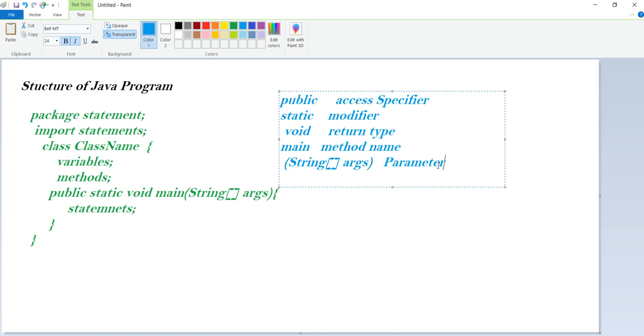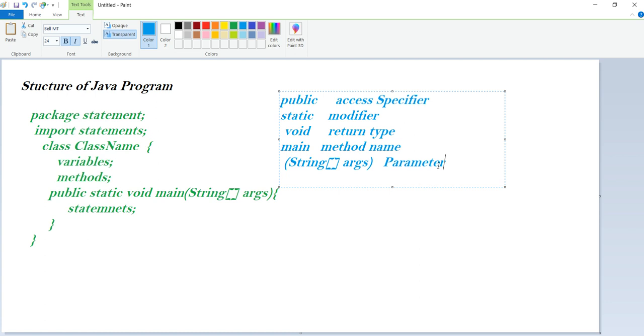The main method can contain any number of statements, and each must be terminated by a semicolon. As I already told, the end of each line should be closed by a semicolon.